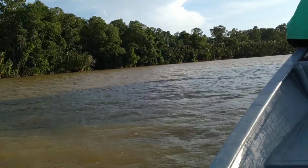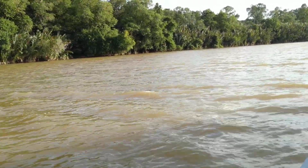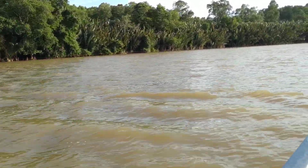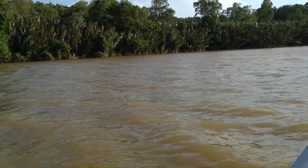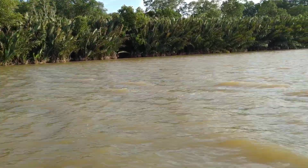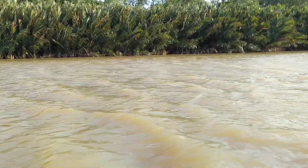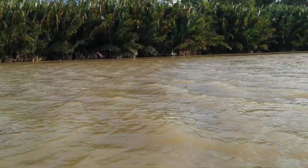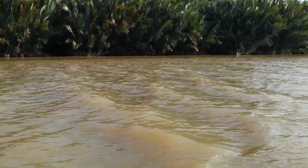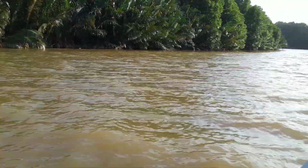Now the only thing we are missing is some crocodile, but since the tide is high and we are at the evening of a hot day, well, first there are not really good sandbars around here now. They are all flooded right now, and second, the crocodiles will not be out of the water, I guess. They will be in the water to cool down. But everybody warned me to stay away from the water here because of the giant man-eating crocodiles, and also the first time I actually saw a big estuarine crocodile in the wild was in the next little river, which is less than 2 kilometers away from here. Well, little